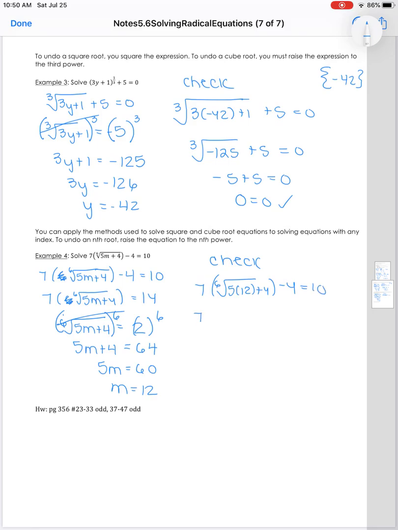Now in order to get rid of the 6 root, though, I have to raise both sides to the 6th power. Left side is easy, and then 2 to the 6 is 64. And now it becomes a two-step equation in terms of solving, and you get m is equal to 12. You still, though,